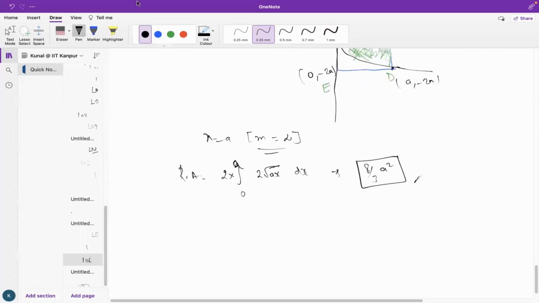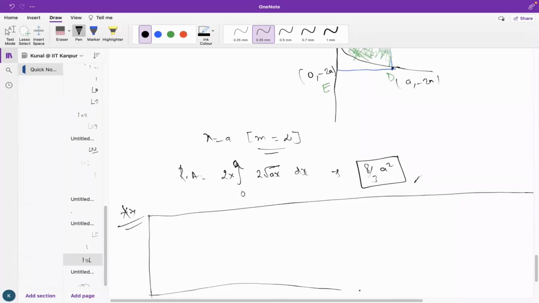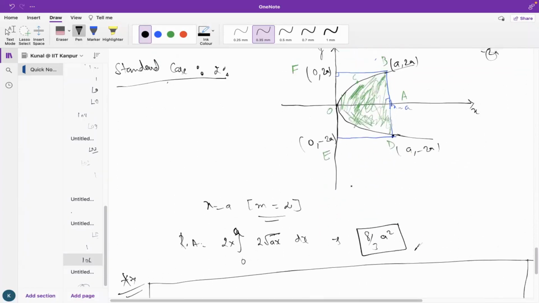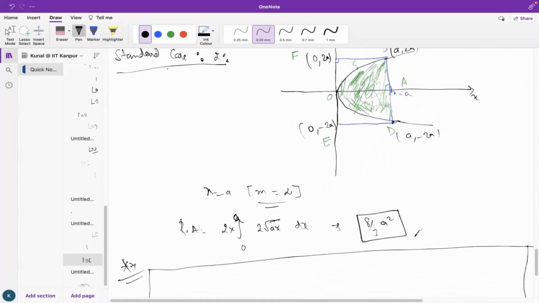So let me write it in a box, which is actually important. And then I will prove it to you as well. So let me show you. This is actually important. First thing, we have to connect it with the figure. So let me tell you, first thing, the area of